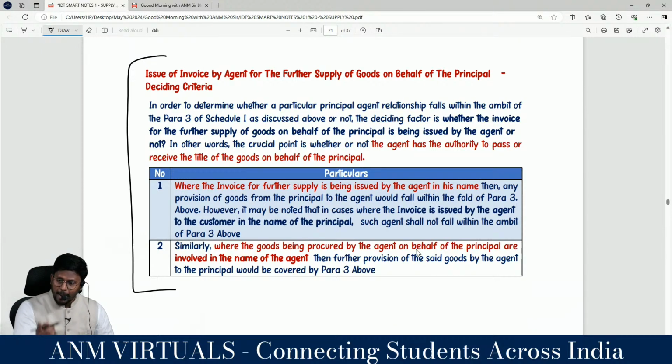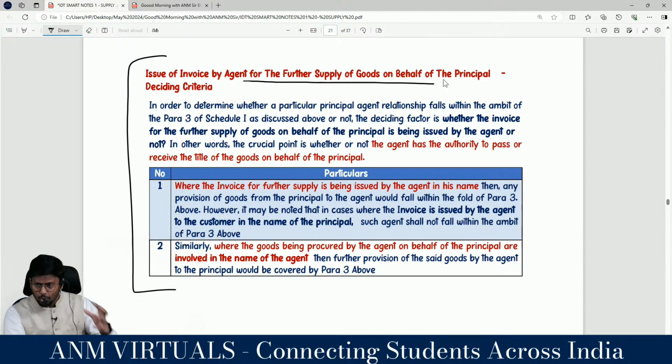Pakka. அப்போ ஒரு ஆள் ஏஜெண்டா இல்லையா? அப்ப இங்க கமிஷன் ஏஜென்ட் வராது, ப்ரொக்யூர்மென்ட் ஏஜென்ட் வராது, மார்க்கெட்டிங் ஏஜென்ட் வராது, he should have some relationship between, sir, goods, correct? So issue of invoice by the agent for further supply of goods on behalf of principal is the deciding criteria, correct? If the agent is having the power to raise the invoice,